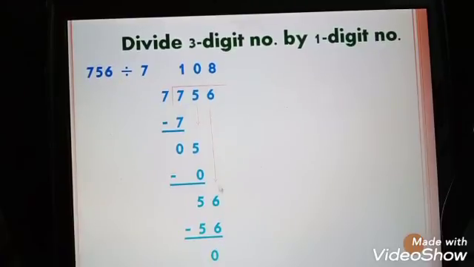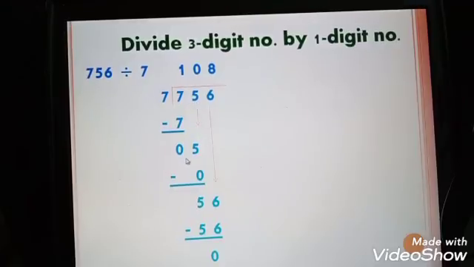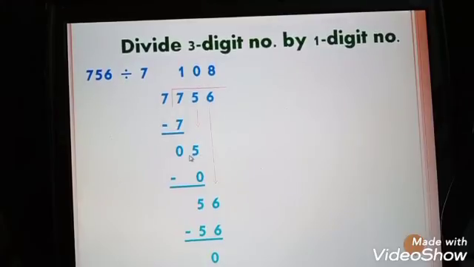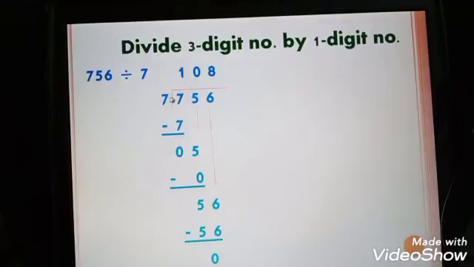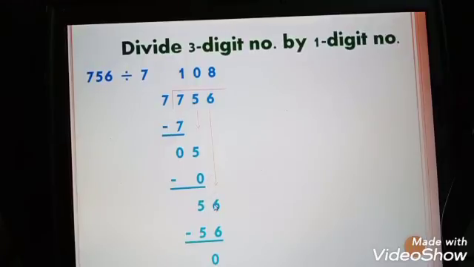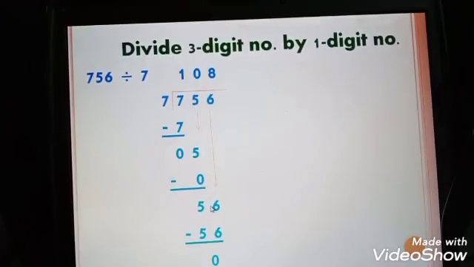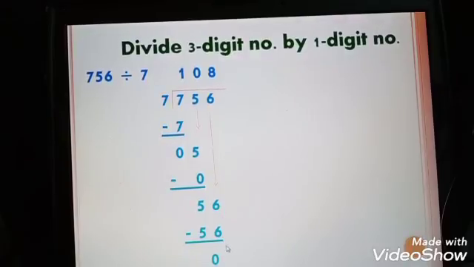So you can see when we are borrowing any number from up, and when it comes down that number becomes smaller than 7, so what we'll do? Either we put 0 or we multiply by 0. So 7 0 are 0, and then again subtract, so it becomes 5. Then again borrow next number 6 and it becomes 56. Then 7 8 are 56. So 56 minus 56 is 0. So your quotient is